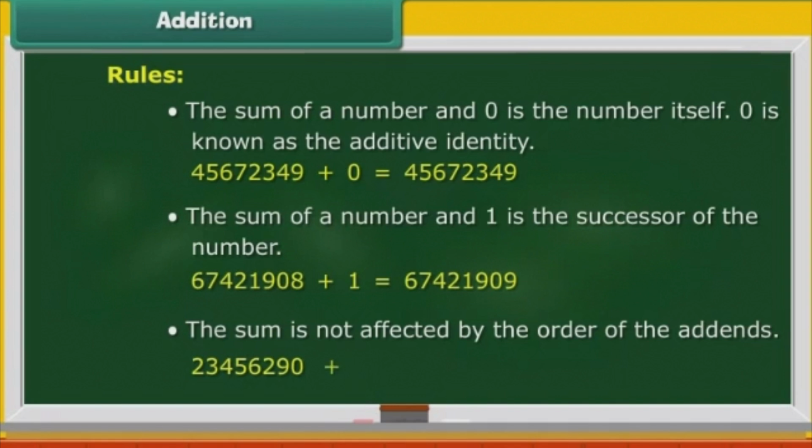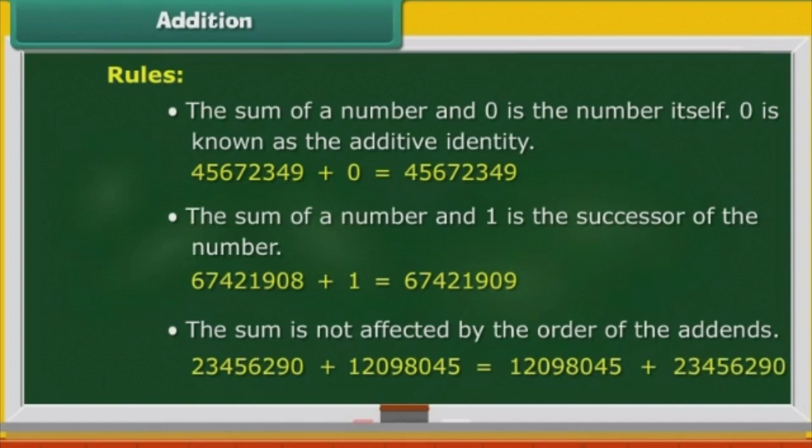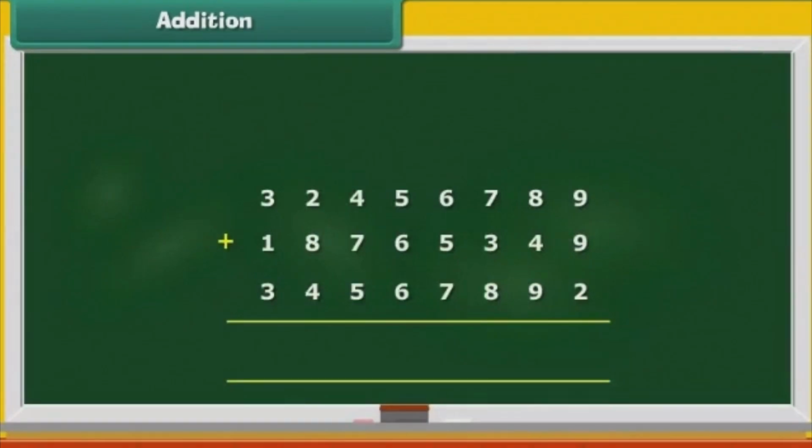The sum is not affected by the order of the addends. 23456,290 plus 1209,8045 is equal to 120,98045 plus 23456,290. Let us now learn to add large numbers. We begin with the addition of 3 large numbers